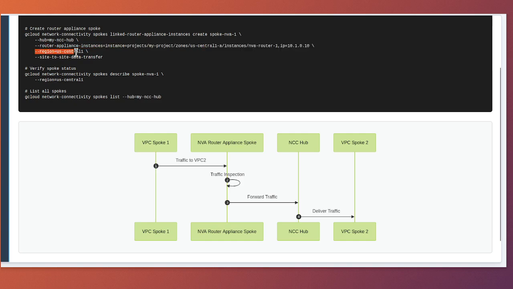The region equals us-central1 flag indicates the region where the router appliance instances are located. All instances in a single router appliance spoke must be in the same region. The site-to-site data transfer flag is an important option that enables data transfer between spokes through this router appliance. When enabled, traffic can flow from one spoke through the NVA to another spoke, allowing the NVA to inspect or